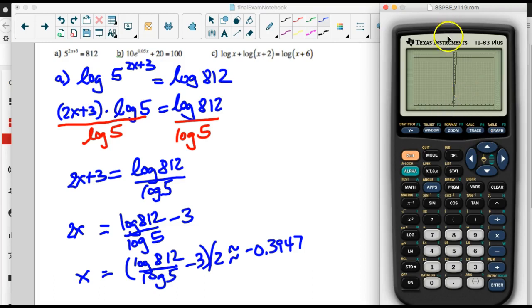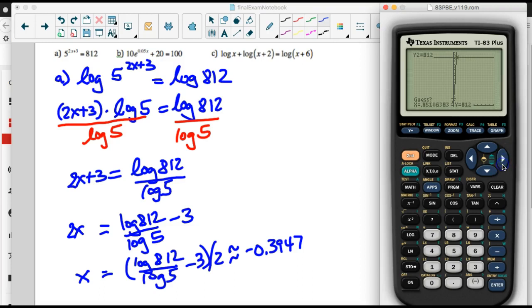It's going to intersect right here, and we need to find that point. So we just do second calculate or trace, find the intersect, push enter. Choose the curve. We want each curve to be entered here. First curve, yes, we'll choose that. Second curve, yes, we'll choose that. Guess, well, we want to put it close to